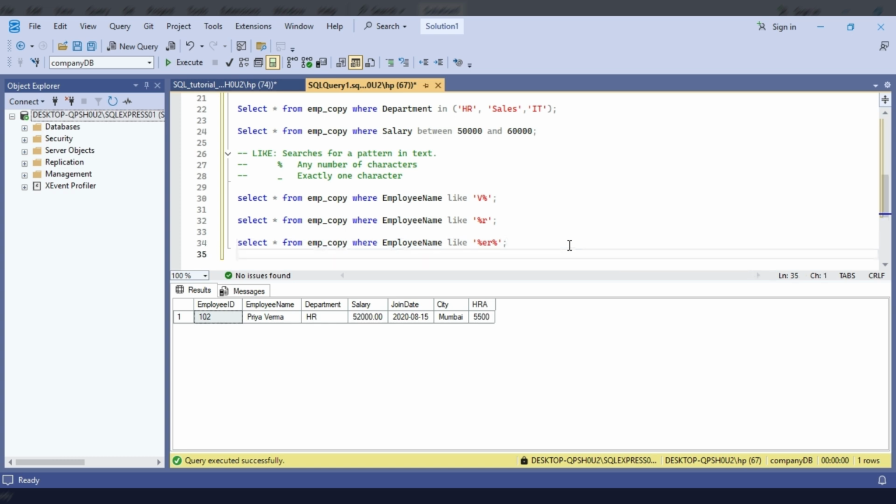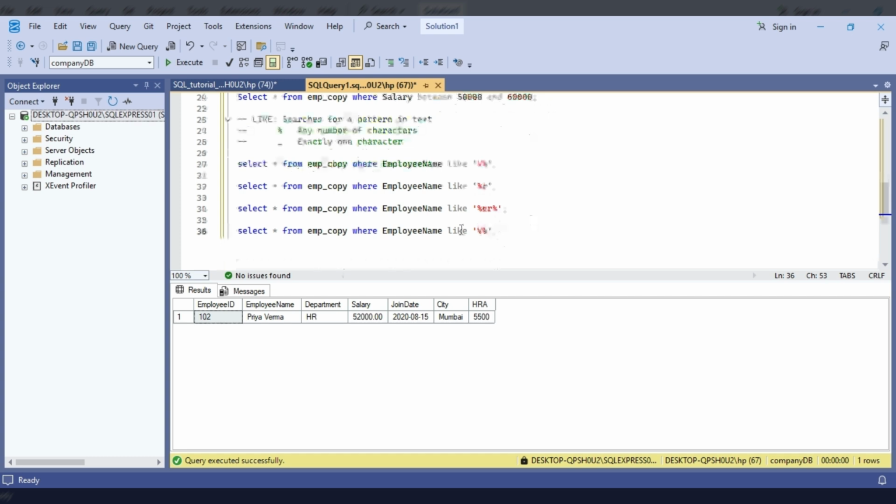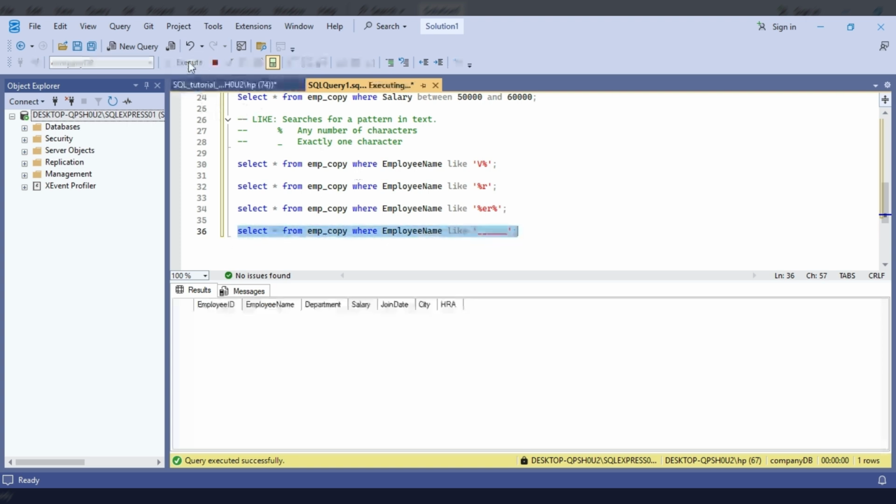Now we will see the use of underscore. Control V. Now we'll add underscore 1, 2, 3, 4, 5, 6. Now this command will give the records whose names have exactly 6 characters. Select this and execute this.